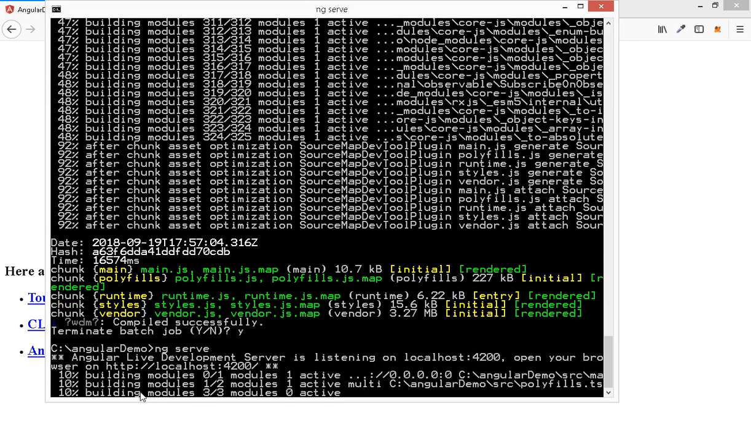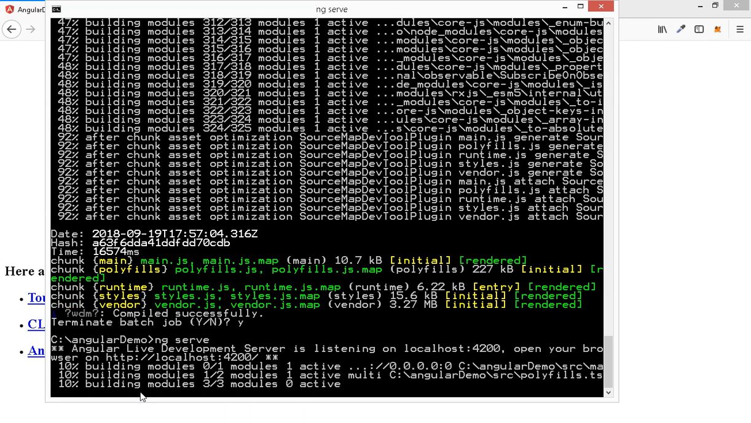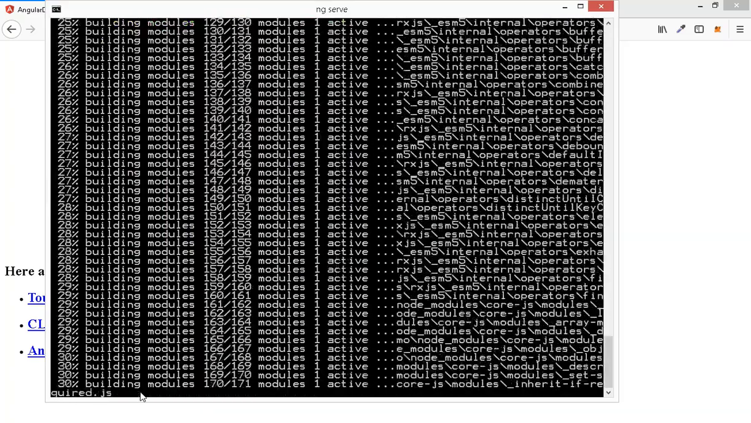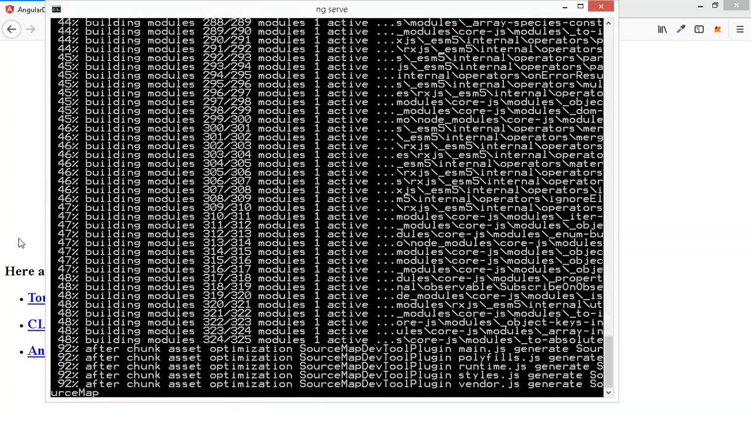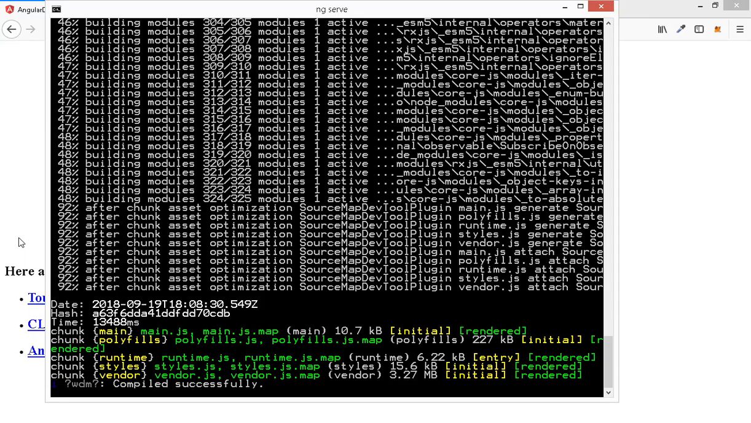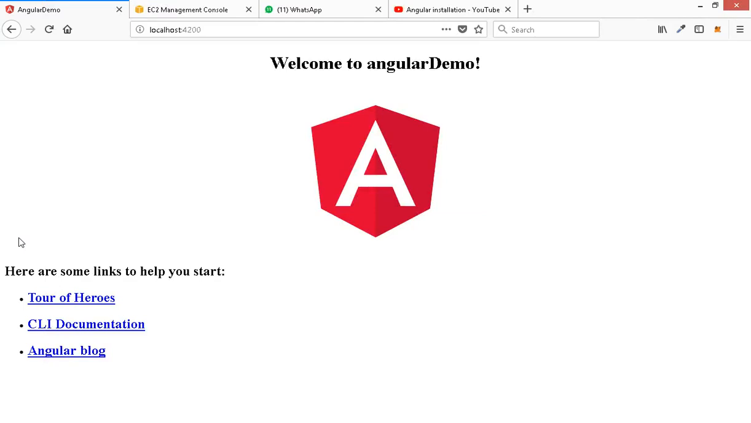this command will first compile the entire project. Once the compilation is complete, then we can see the output. Okay, so it is completed, right? That's why we can see the output in the browser. All right, so come to the